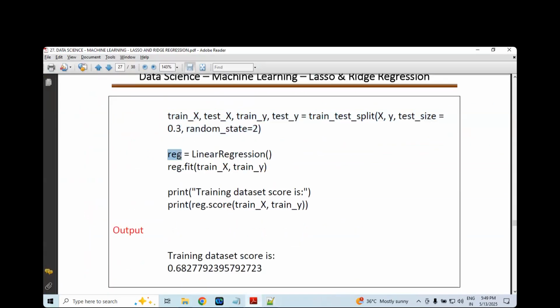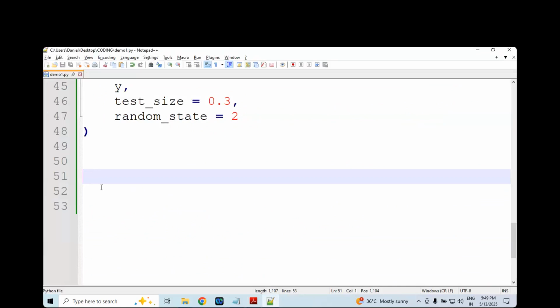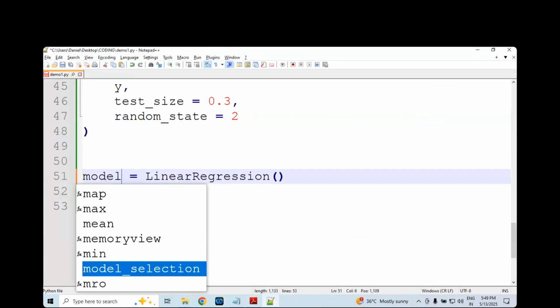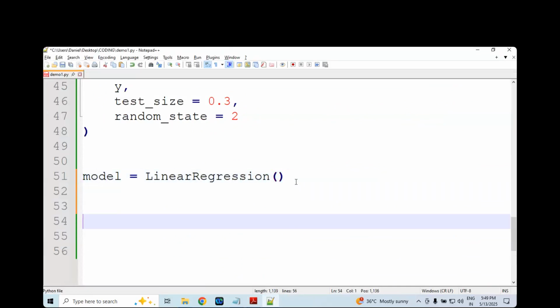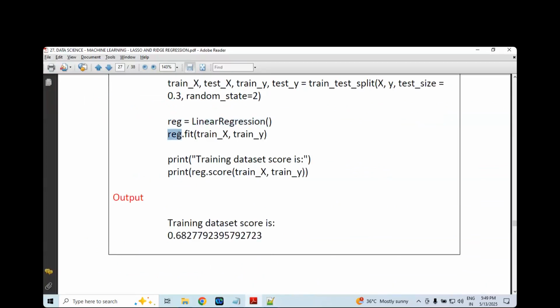We are creating the model. Model creation is done. Now, after model creation, the next step is model training.